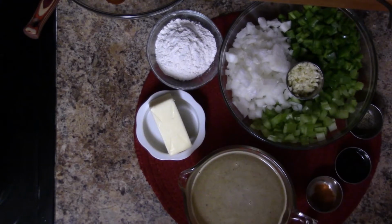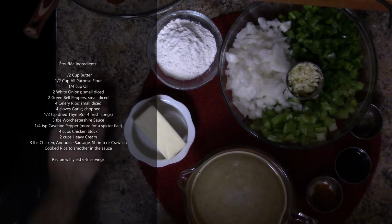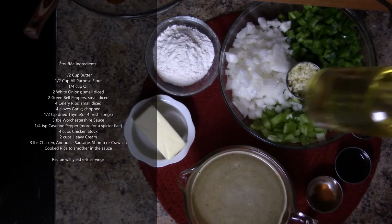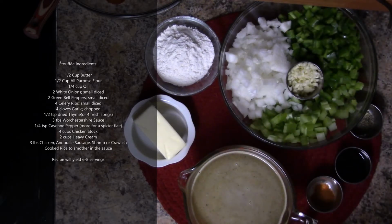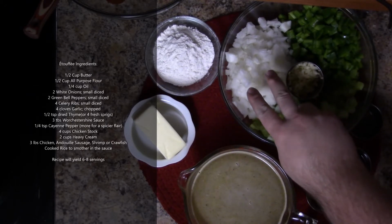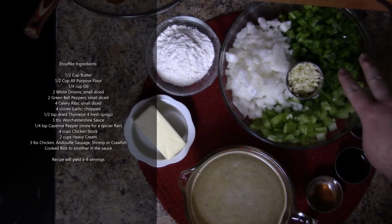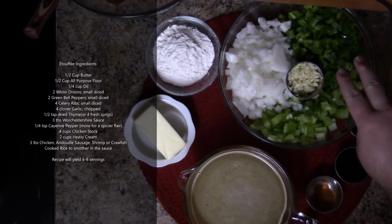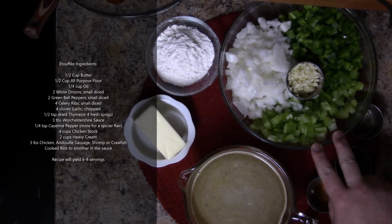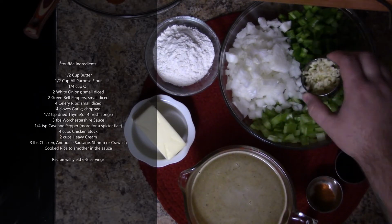Our ingredients for today, we're going to have half a cup of butter, half a cup of flour, quarter cup of oil, 2 white onions chopped finely, small diced, 2 medium-sized bell peppers, small diced as well, 4 celery ribs, small diced, 4 cloves of garlic, chopped,